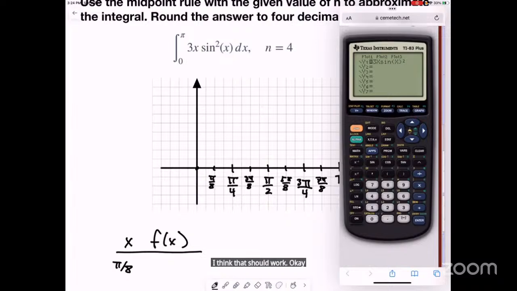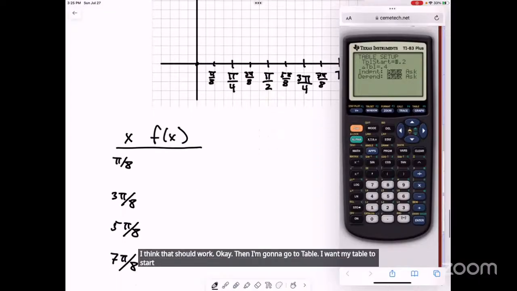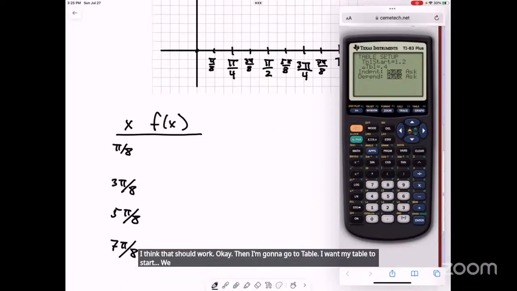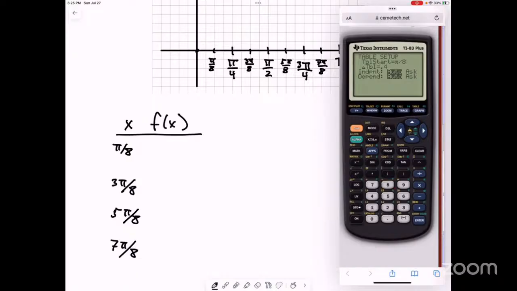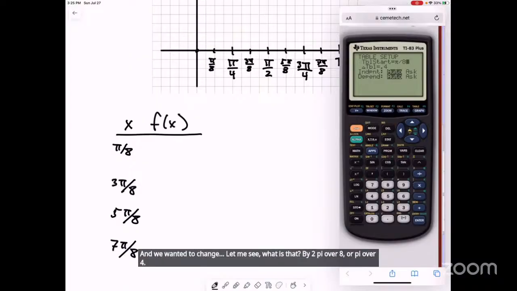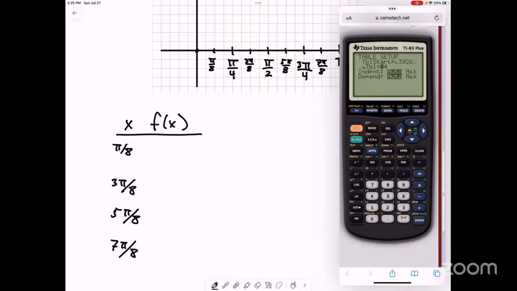Okay. Then I'm going to go to table. I want my table to start at pi over 8. And we wanted to change by 2 pi over 8 or pi over 4. I'm just going to have it change by 2 pi over 8, which is essentially pi over 4. Okay. All right. And then if I go to my table,